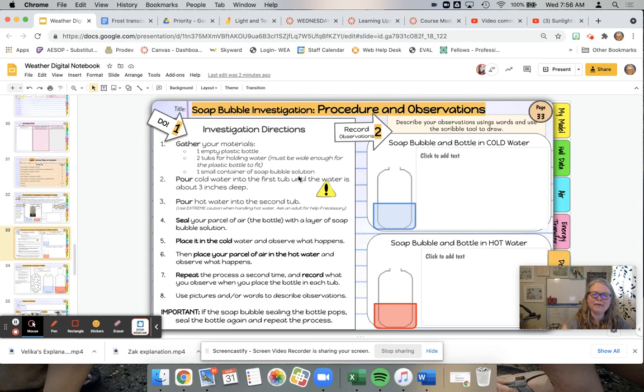So once you have done your investigation or watched the video, you're going to record your observations in these two boxes. What happened when there was the hot water and what happened when the cold water. So again, this is air in contact with a warm surface and air in contact with a cool surface. We will do some more exploration of this tomorrow, Thursday, and I will make some more videos so that your guest teacher will be able to support you, but you'll also sort of get to hear from me like you would even if I was there.